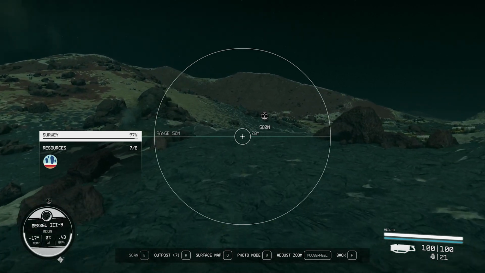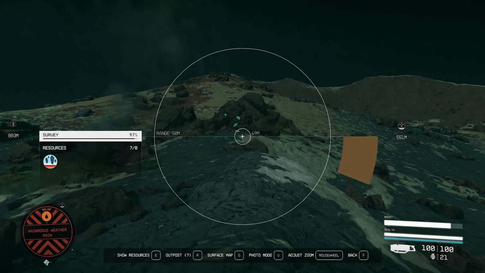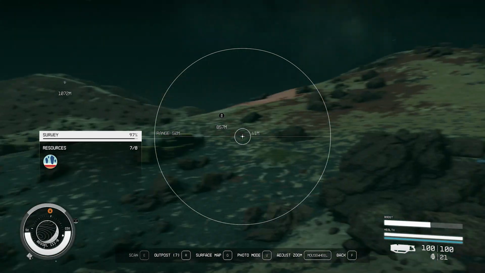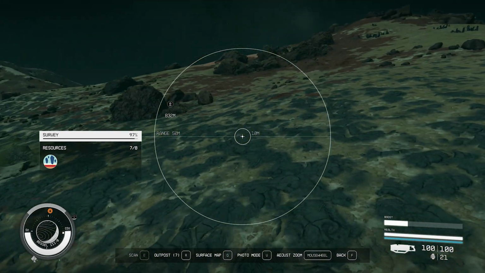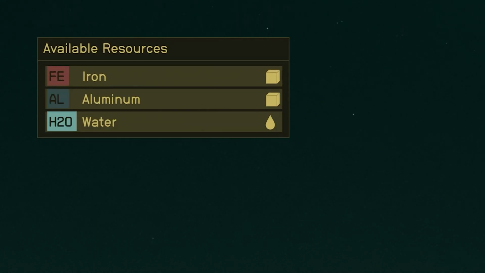This is by activating your Outpost beacon and walking around on the planet's surface with it. To activate the Outpost beacon, you can press the button to activate your scanner, which should be F on your PC, and then activate your build menu, which should be R on PC. Now you should see in the upper left corner which deposits can be found in the radius of that Outpost